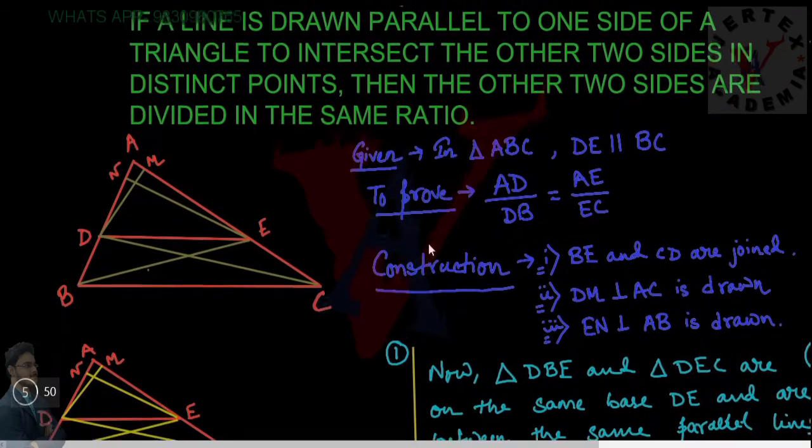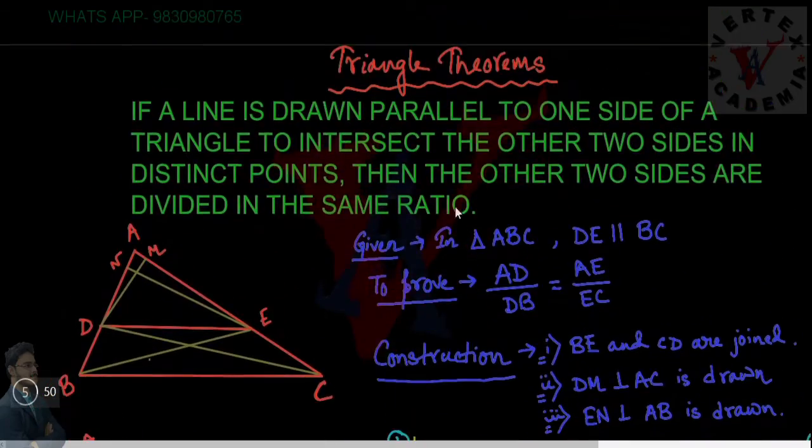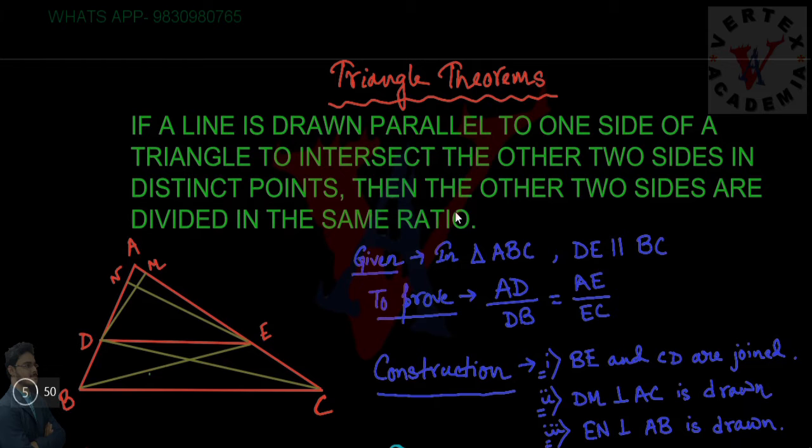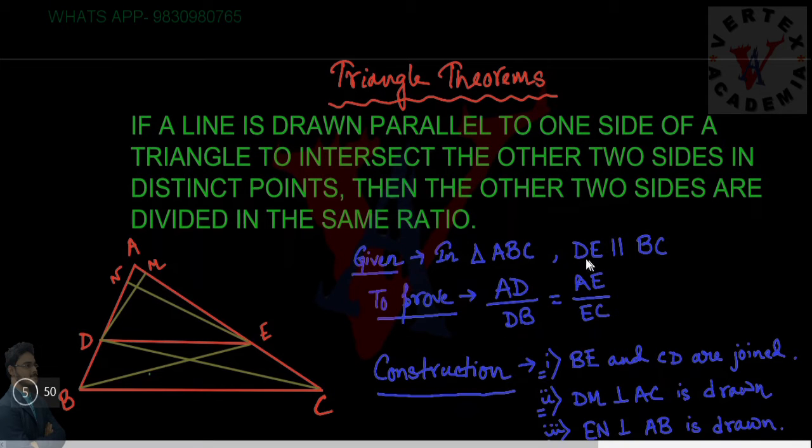Now let us see the proof. Before seeing the proof, you must think about the approach on how to prove this theorem. In the initial stages, whenever you encounter this type of theorem, maybe some extras or riders also, you can see that they are asking us to prove something in a ratio, which is something algebraic. Actually, in geometry we mainly deal with lengths, but here what they are asking us to prove is a ratio, which is a bit of an algebraic thing. So how do we include AD, DB, AE, EC and come to such a result?